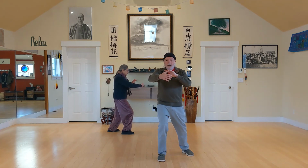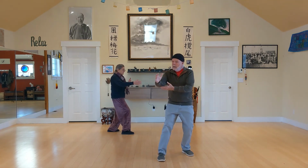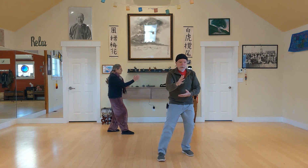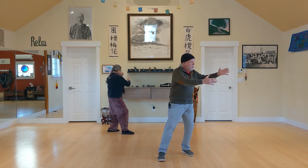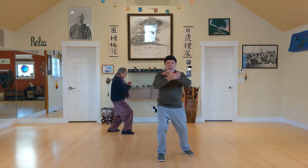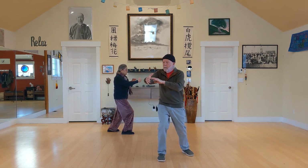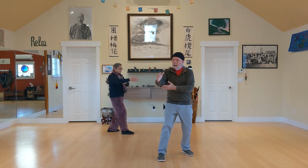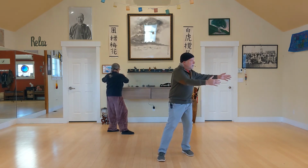So go ahead, into the front leg, rear leg lengthens. Sitting back, turn, feel the right hip joint opening, swinging the arms. As you come back towards the front, the right hip joint moves back, and then you shift into press. Reset, and go. Roll back, paying attention to the legs,